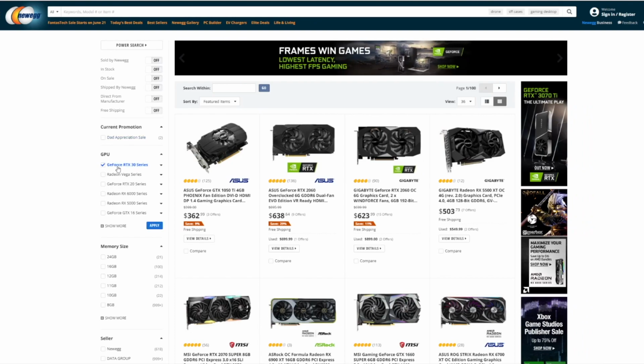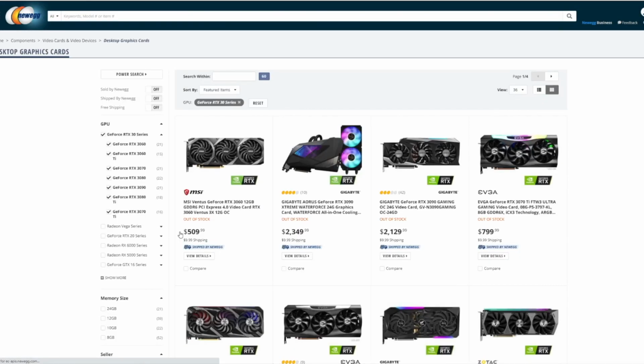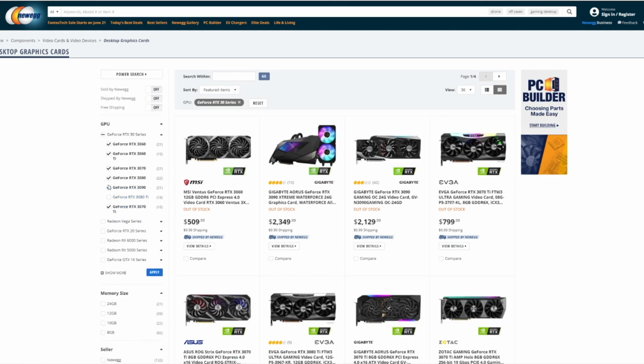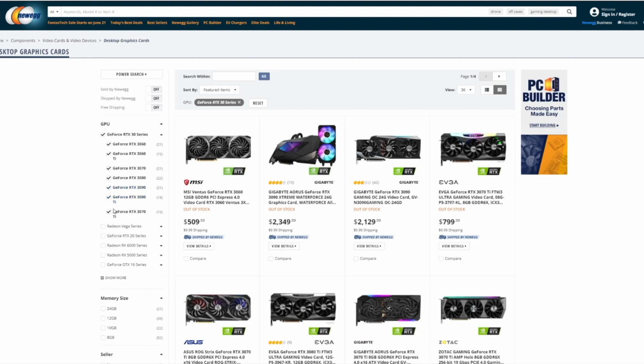You just pick your range here, and you say I only want to see 30 series cards. And if you're only interested in the 3070 Ti or the 3080 Ti, if you think that's also good for you, well, 3070, yeah, let's say 3070 or 3080 Ti or 3070 Ti.